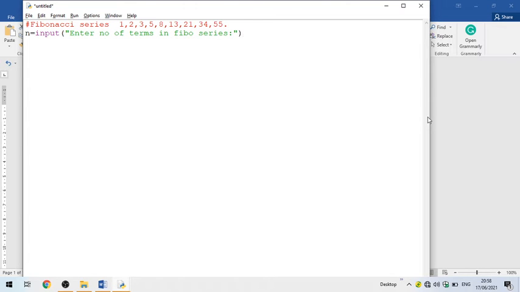The user will enter it, and the important thing is that it will return a string. So we convert it into an integer. Okay, got my point.